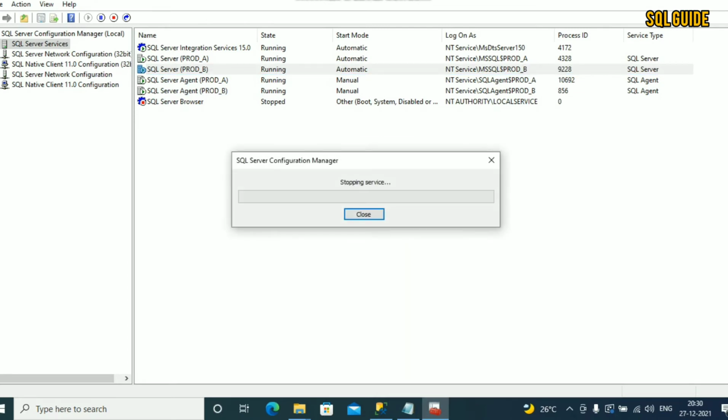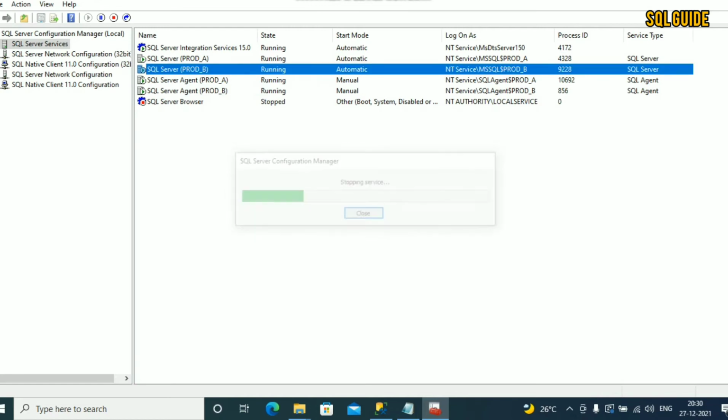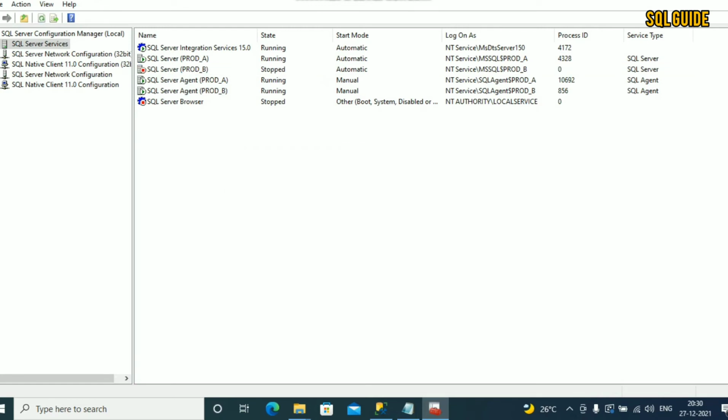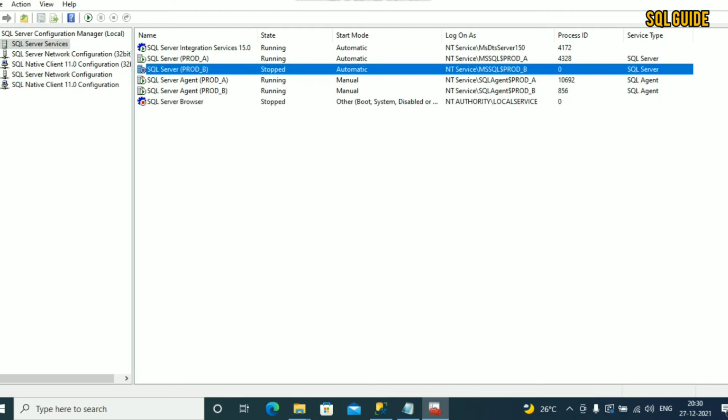Yes, stop it. You can see that the SQL instance prod underscore B service is stopped.